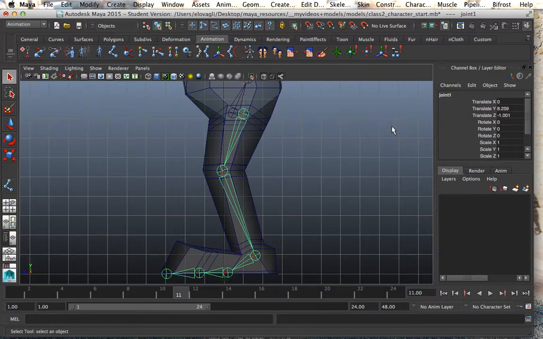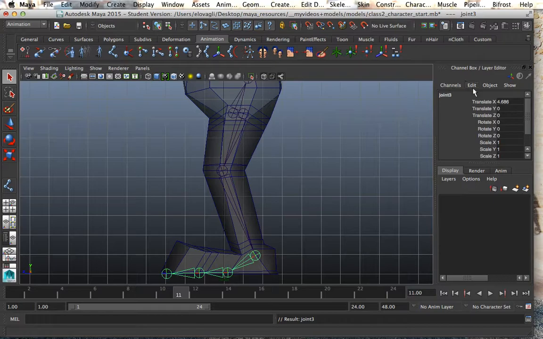Once again, I need to name them. So joint 1, I'm going to call it left hip, because it's going to be my left leg. And then the following one that again I can hit my arrows to get to. I'm going to hit the down arrow to go down. And this time I'm calling it knee. So again, I'm going to click on joint 2 and I'm going to call it left knee,